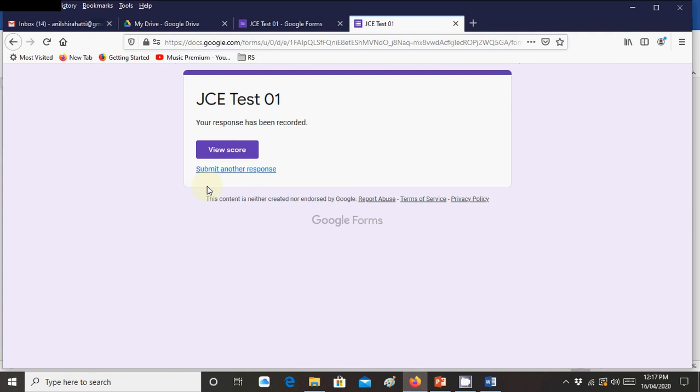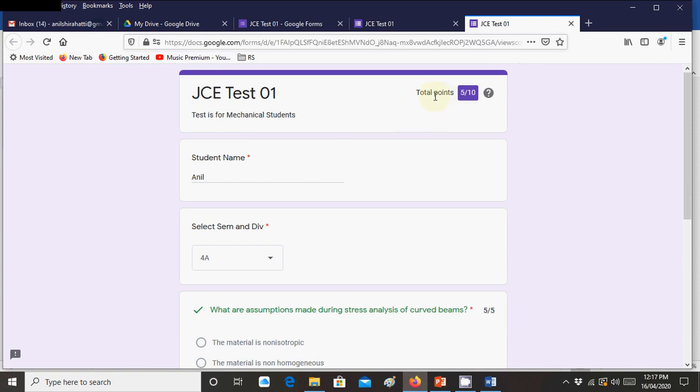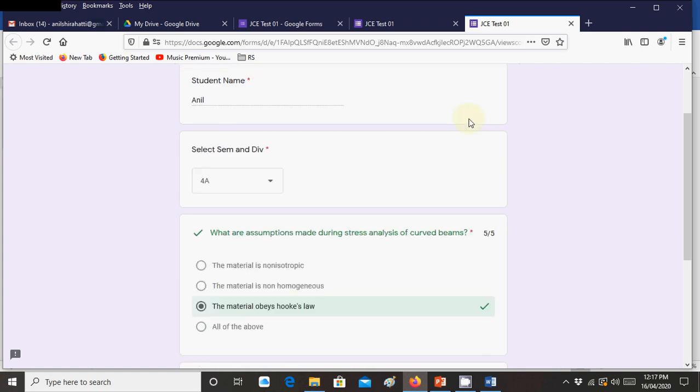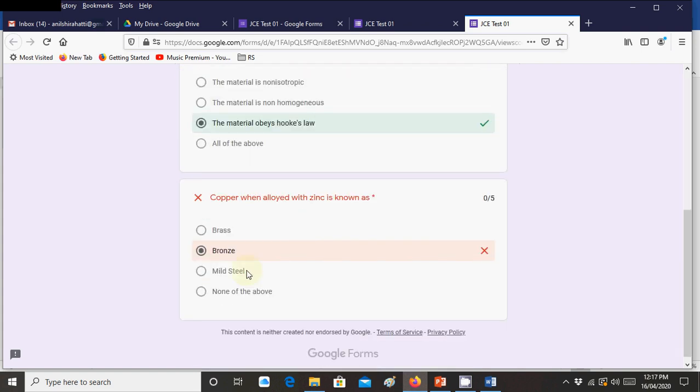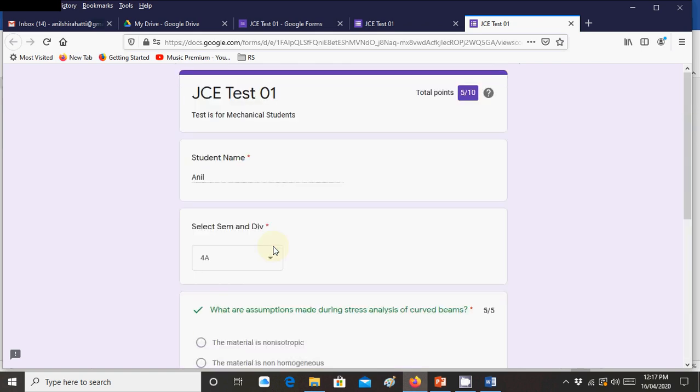Once it is submitted, he can view the score here. Once he presses view score, you can see his score at the top corner. Out of 10 marks, we have assigned 5 marks each, so he got only one correct answer, so 5 out of 10. He can see here his answer is correct, his answer is wrong here, but which is the correct answer he will not come to know. If you keep that option I showed you, it will show the correct answers, but what I suggest is initially unclick that one, so that once all the students have done it, only at the end you can tell what the correct answers are.